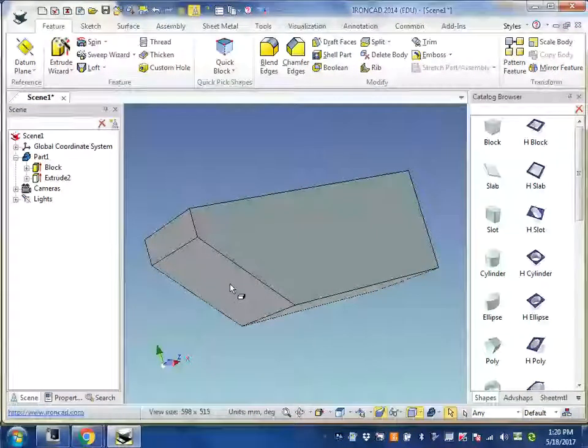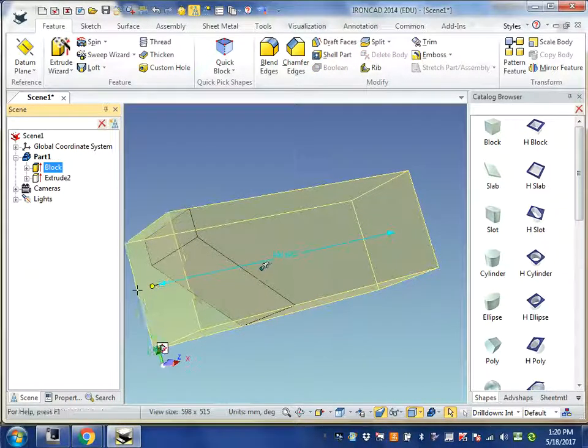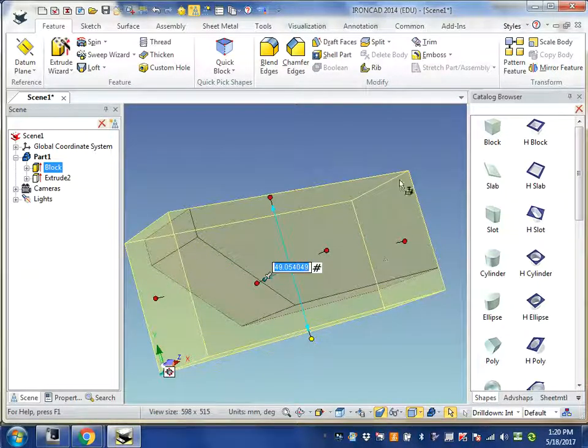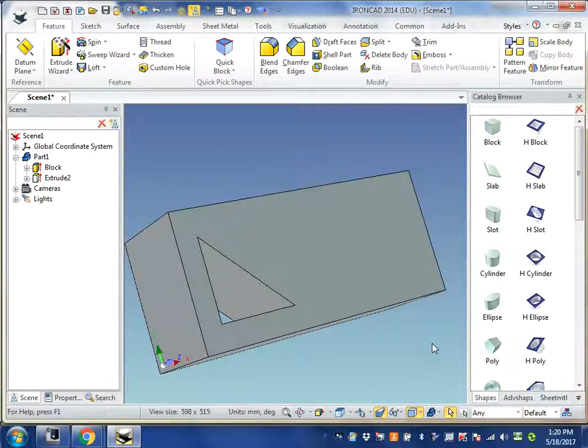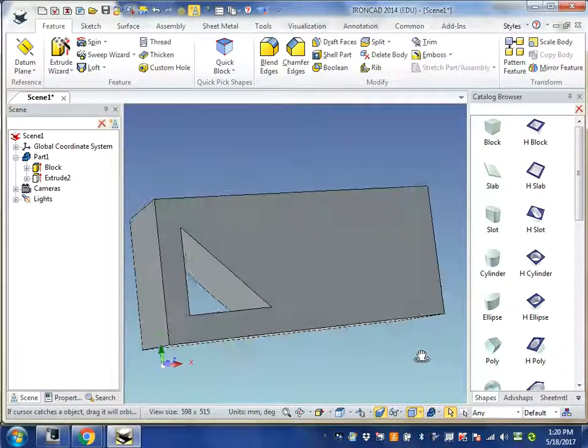Maybe we wanted a square, or maybe we wanted some block around the triangle. We can come back in here to block. If we click block, we could edit the block so that it is a larger size. And when we do so, you'll see that now we have the triangle inside of our block. Okay,